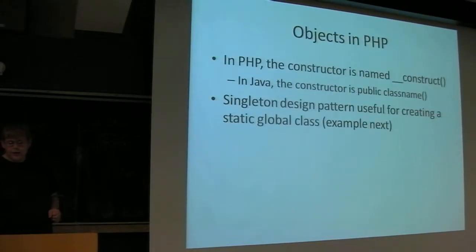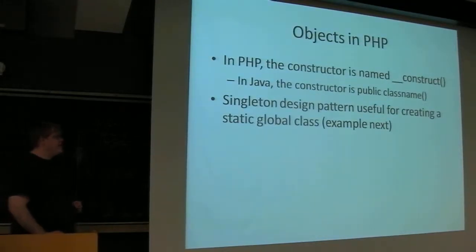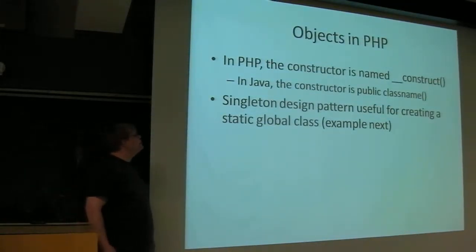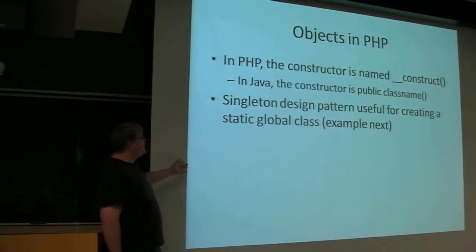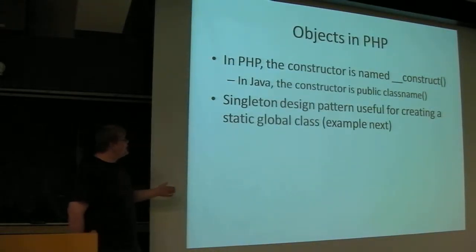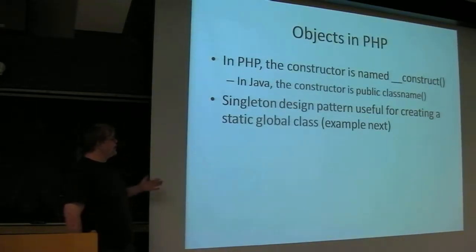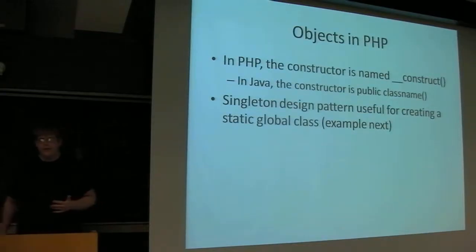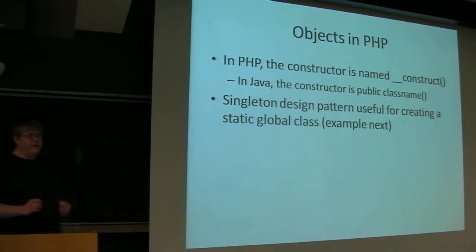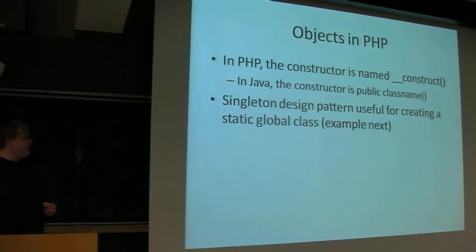And now we get into object-oriented programming, oh, fun. Basically, in object-oriented programming, your constructor is __construct. And in Java, it's public, whatever the class name is. Singleton design patterns, useful for creating static global classes. I really like the singleton design pattern for database design, although PHP data